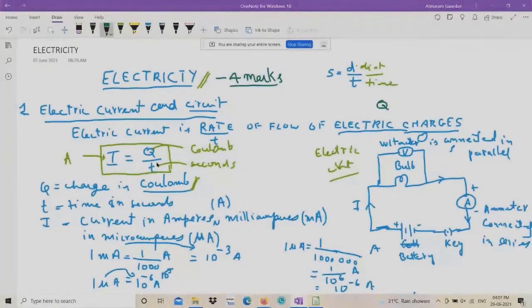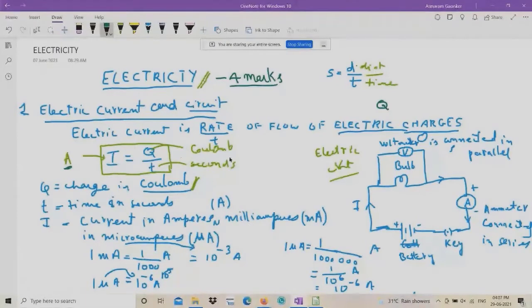And the simple formula you have to remember for the current is I is equal to Q upon T, and you must all be remembering this formula. You must have it in your list of formulas. But while solving a problem based on I is equal to Q upon T, remember that I is the current, which should be in amperes.